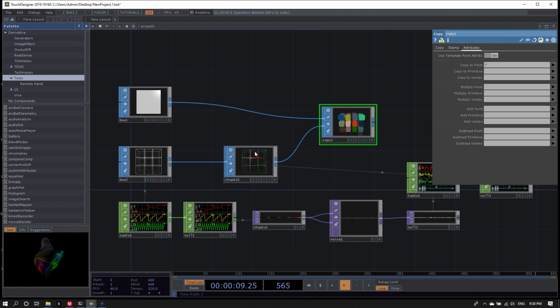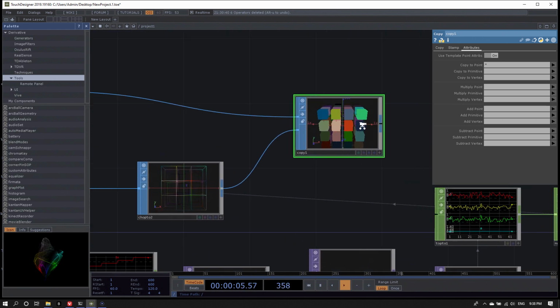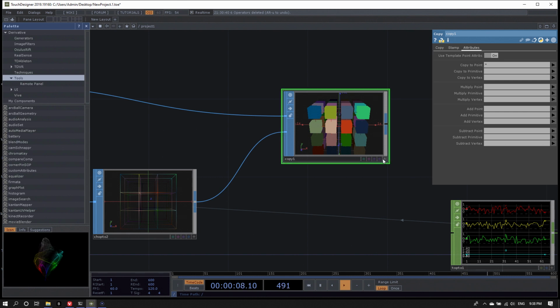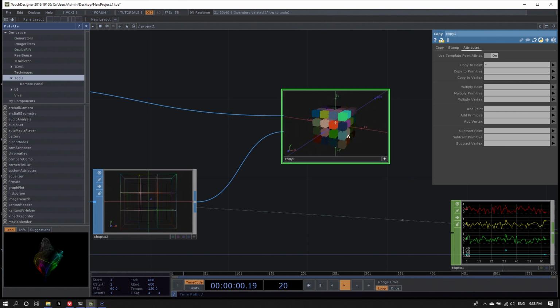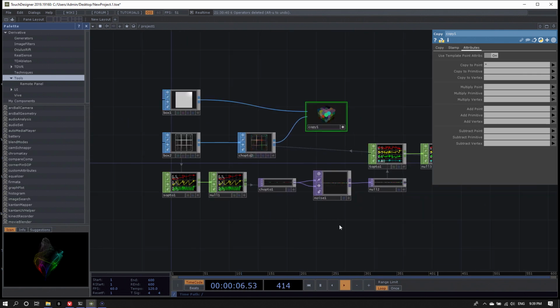What this will do is take all the attributes of each point and actually apply them to each copy that it creates. And there I go. I have a box with many different colors. Each cube has a different color fetched from the noise TOP here.